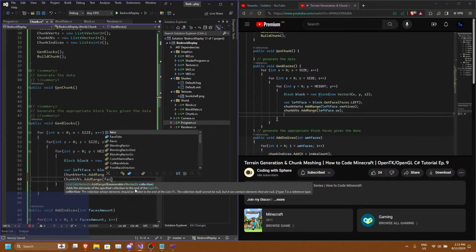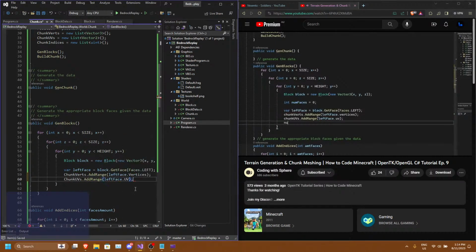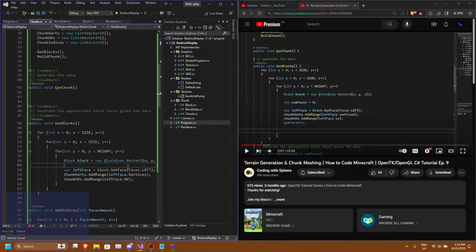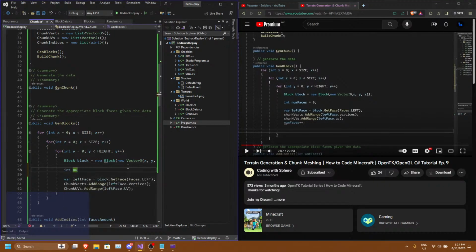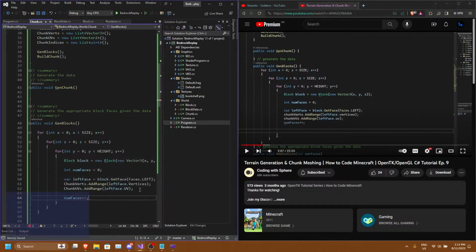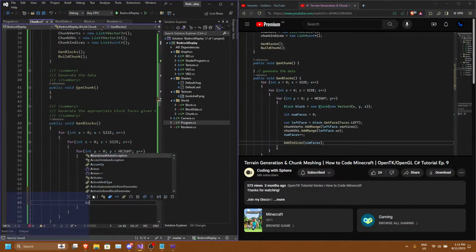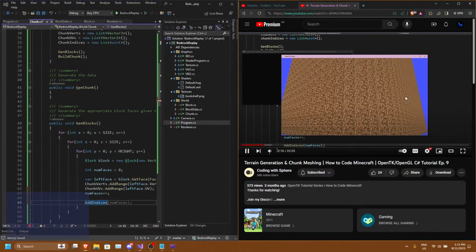And then we simply want to increment the indices. So we're going to do the method that we did before, where we do int num faces equals 0, and then simply increment the number of faces here. So num faces plus plus, and now we will do a call to add indices and send it num faces. And now what you'll see is that if we run this code, we should see the left face for